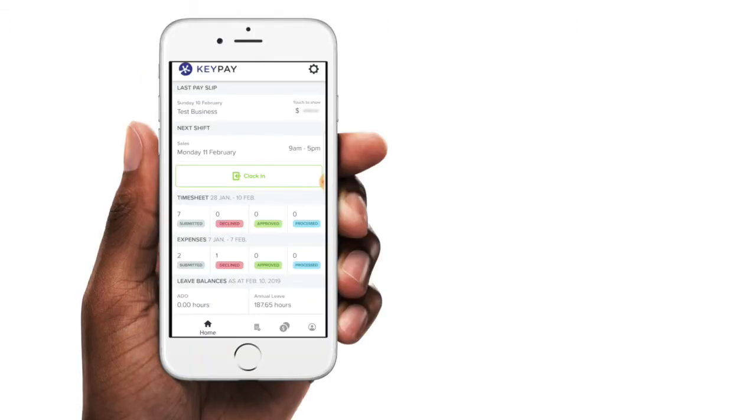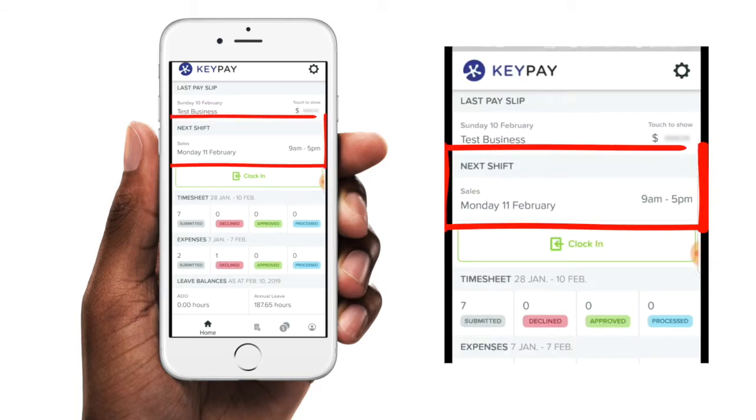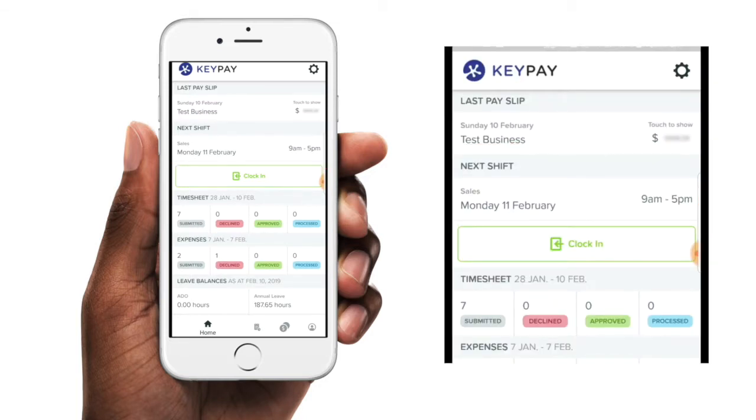If your employer does not require you to accept or decline a rostered shift, your WorkZone app home screen will look like this once you log in. You can see that the shift section here is at the top. This is where you can see the date and the time of the next shift that you've been rostered on for. If you tap on this field,